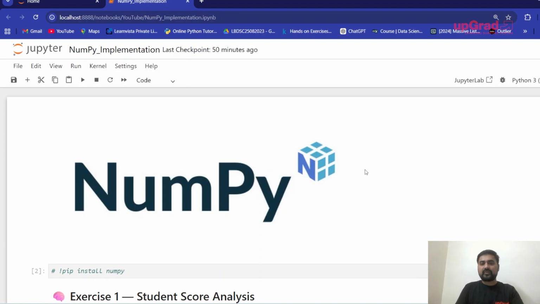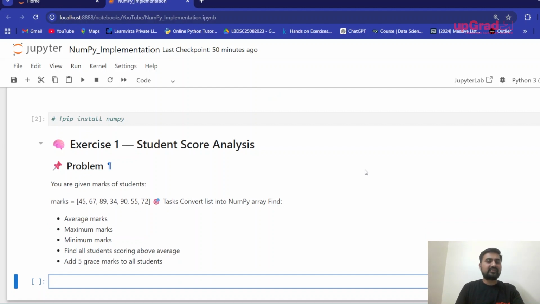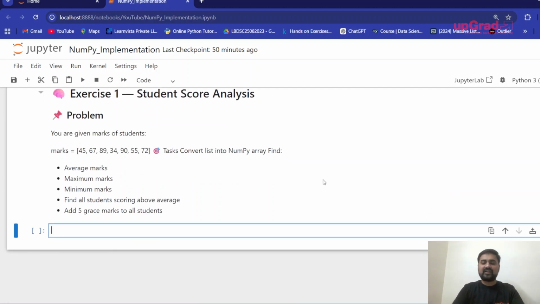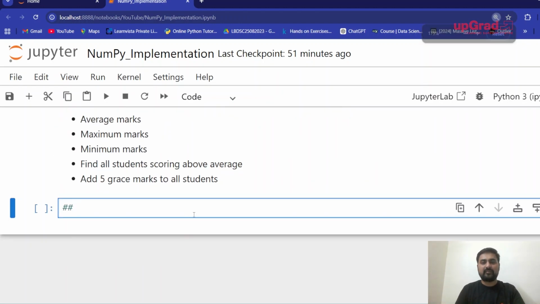तो अब ये जो performance analyzer है इसके लिए मैंने क्वेश्चन जनरेट किया. Now this question is student score analysis और इसको समझने के लिए आपको कुछ नहीं करना, just relax and watch कि अब क्या हम करने वाले. So let's start with our first thing. और मैंने कहा था कि we should start every time with importing of NumPy. So let's import the NumPy.